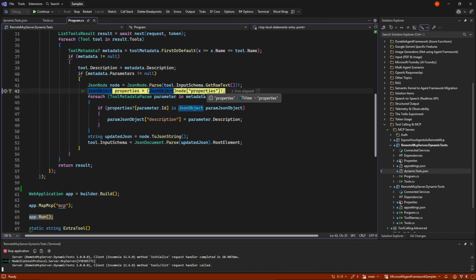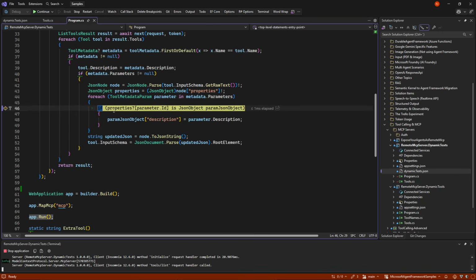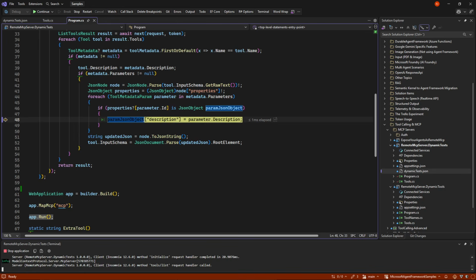We then grab the properties of that node, and we go to our parameters. So we first find the parameter that is params number 1, and on the fly either change the description, or if there's no description, it will just add it onto it. JSON objects are nice that way.